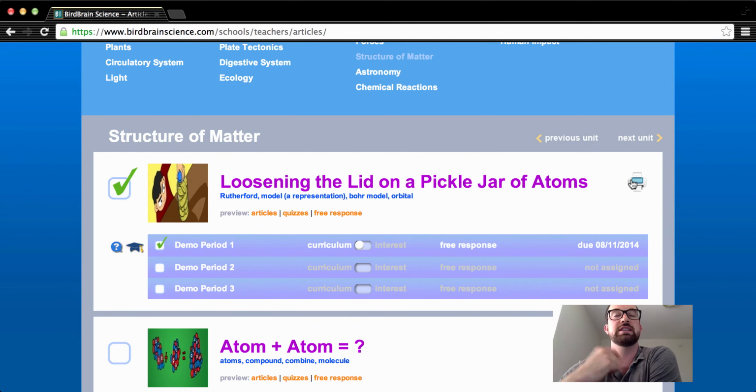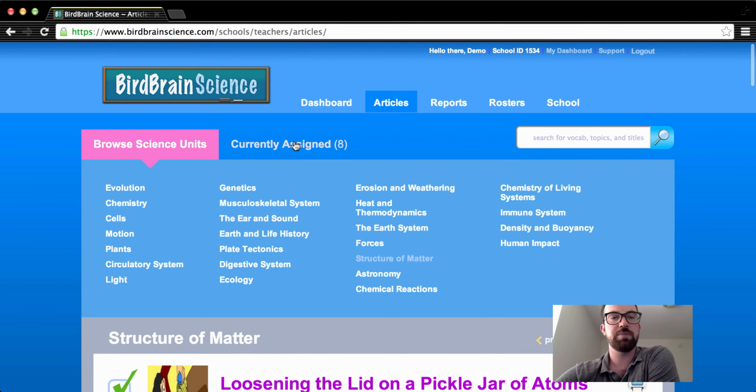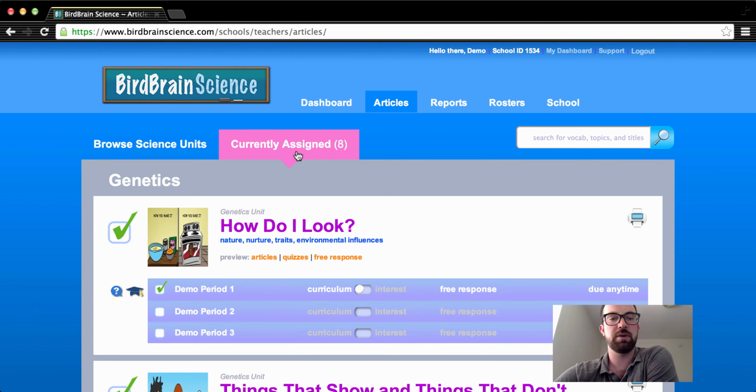We do recommend that if they do read the article on paper, they still take the quizzes online. That way the adaptive functionality of BirdBrain is still present, so we can still move them up in reading levels if they're being really successful, keep them right where they're at in that sweet ZPD spot, and then we can move them back down if they're struggling with the article and they need something that's easier for them. At the very top, as you click different articles, they'll pop up in your currently assigned, and they will be listed